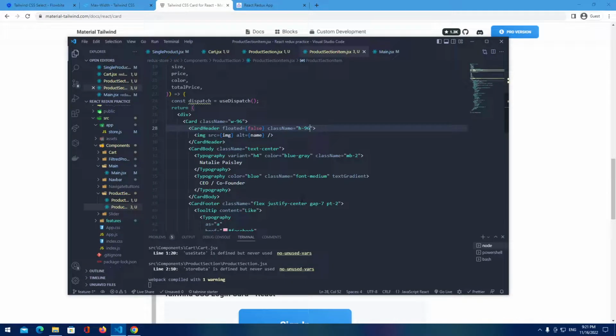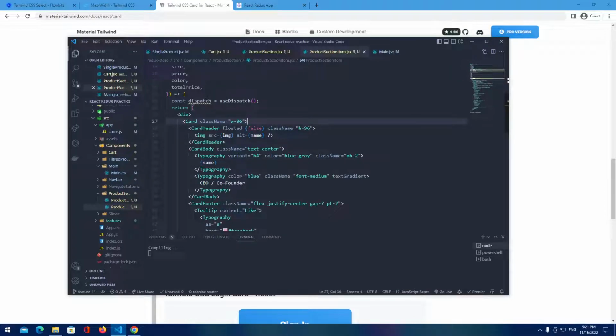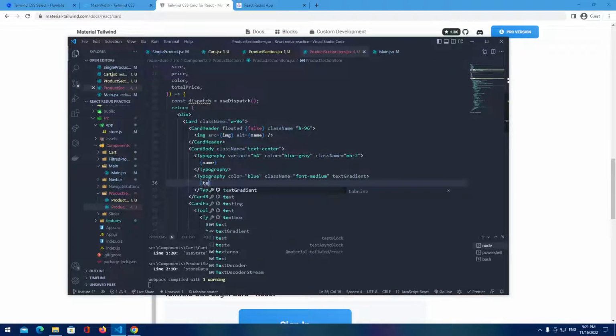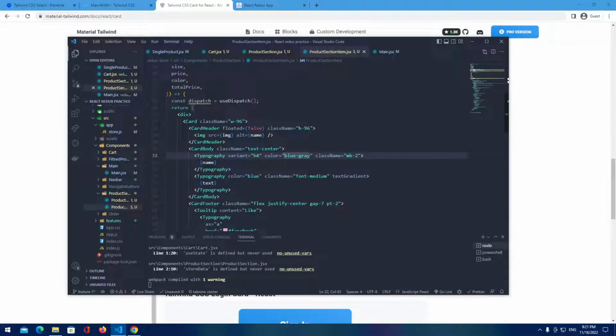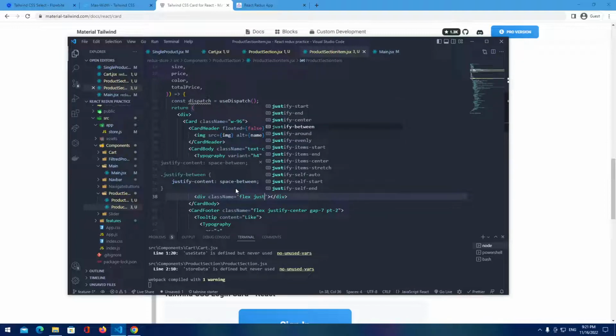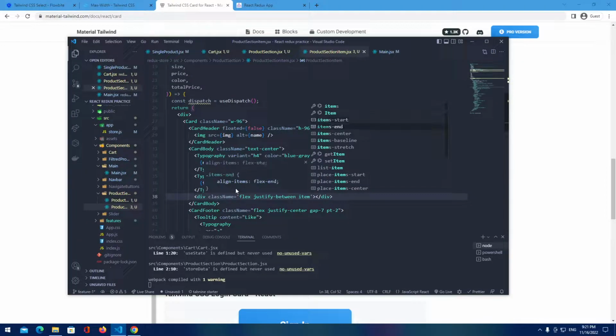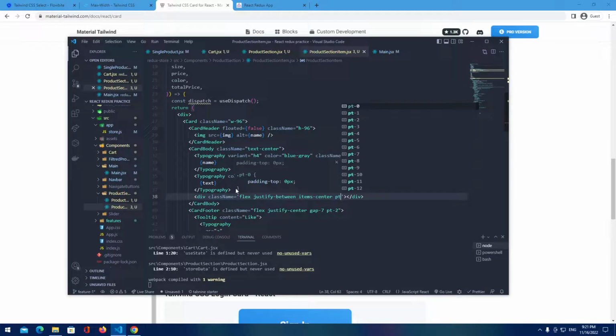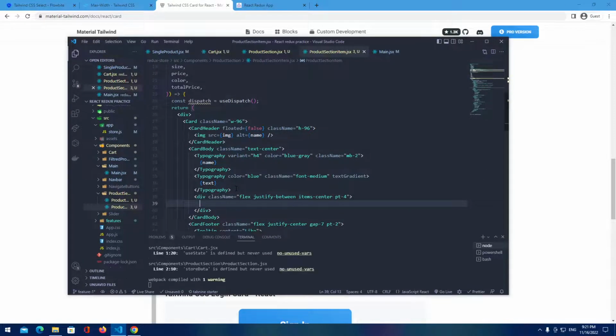Then what is left to do? Here we can provide a name. Here we can provide a text. Let's copy typography, and let's add a div first over here. So div with a class name of flex, justify between, items center and padding top of 4. Inside that div, let's have this text. It's gonna be sizes that are left,